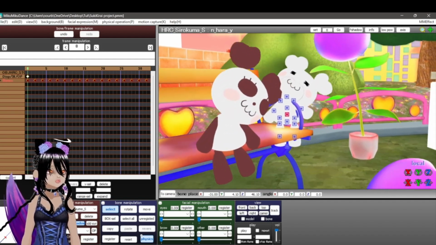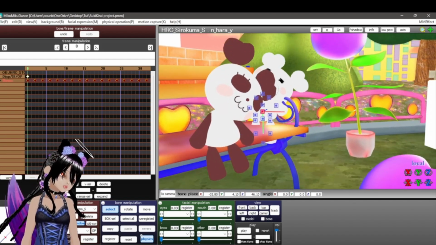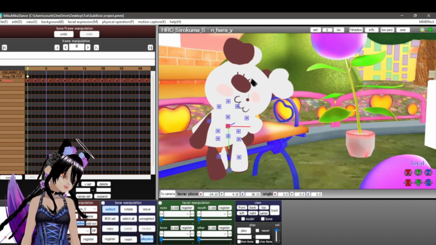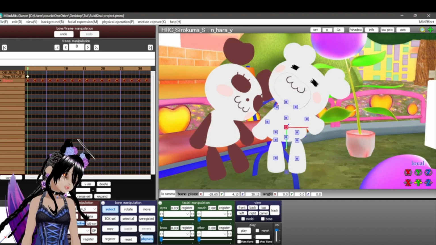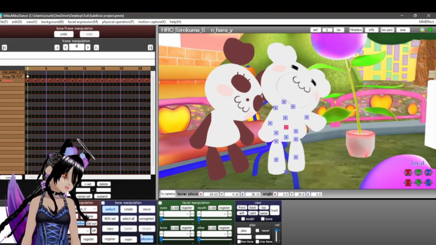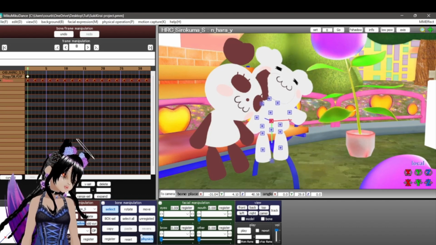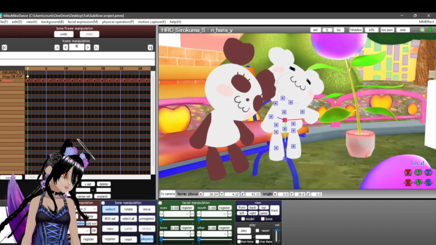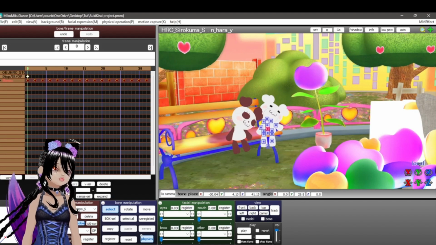Okay, so let's get closer so we can see what we're doing. Sideways on the x-axis, forward with the z, a little bit more sideways with the x, rotate on the y a bit more, back with the z, side with the x, and maybe if you look at this,